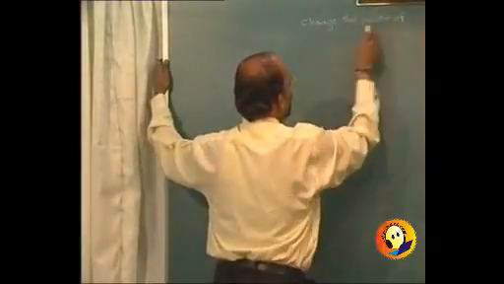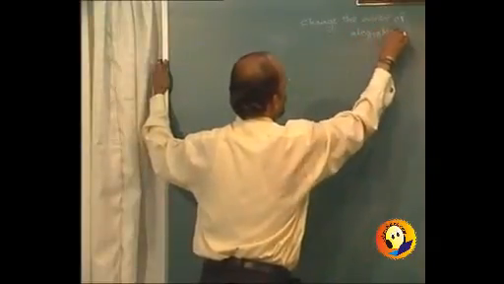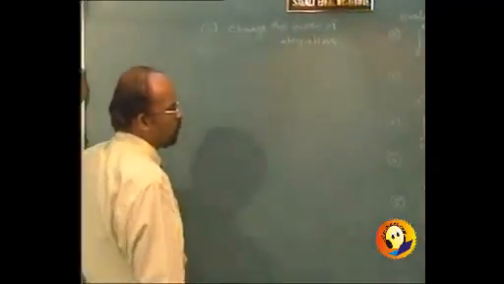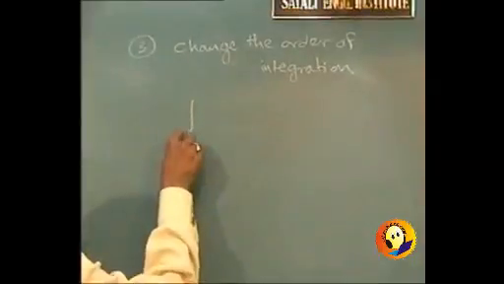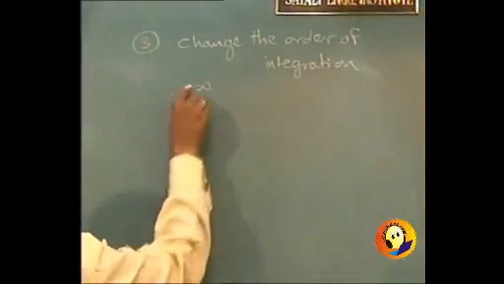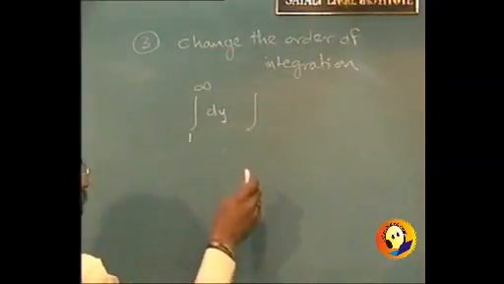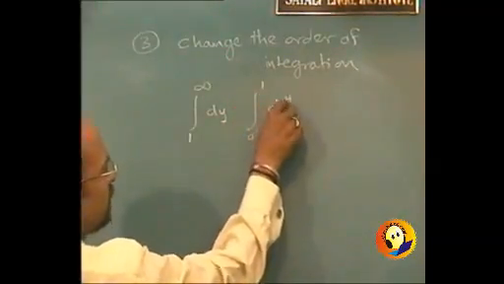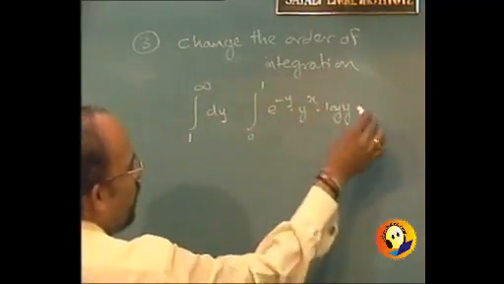Change the order of integration, which is going to be a simple job for this third problem, because all the four limits are constant. We will simply switch over the limits. It will be integral 1 to infinity dy, integral 0 to 1 e raised to minus y into y raised to x into log y, to be integrated with